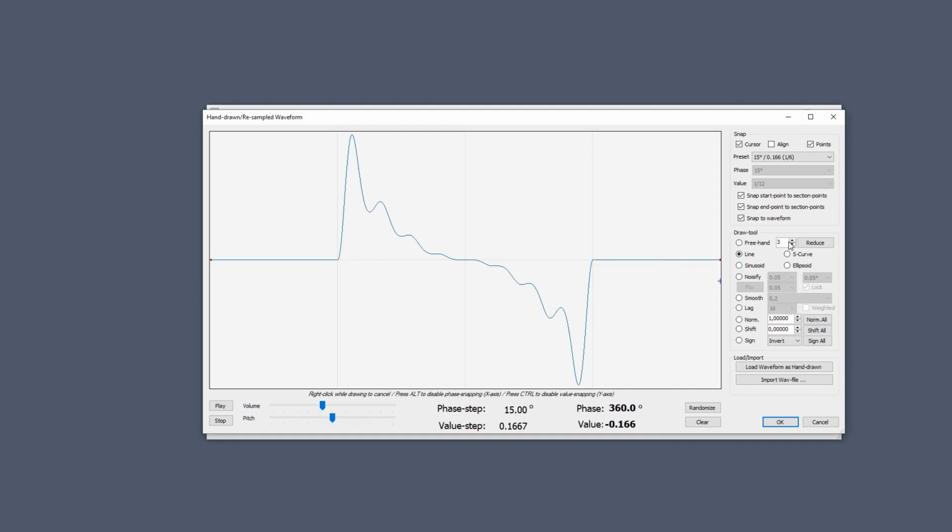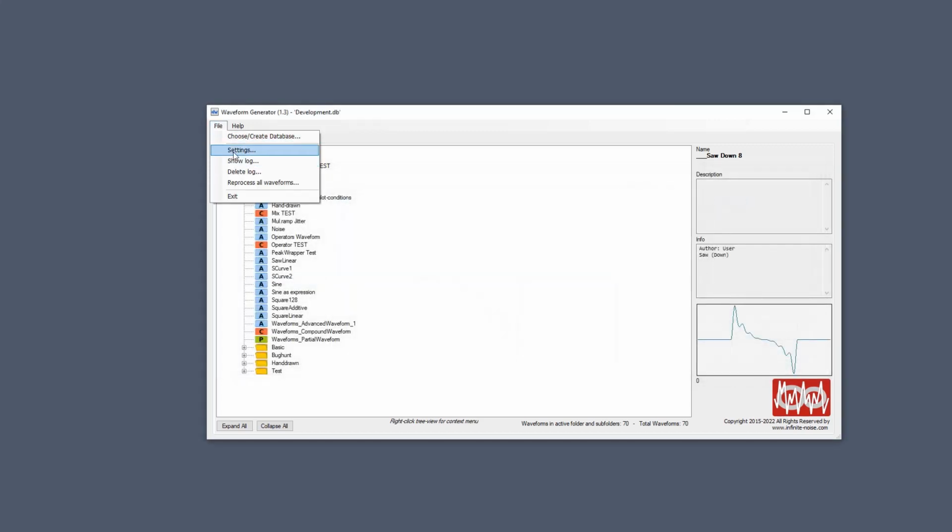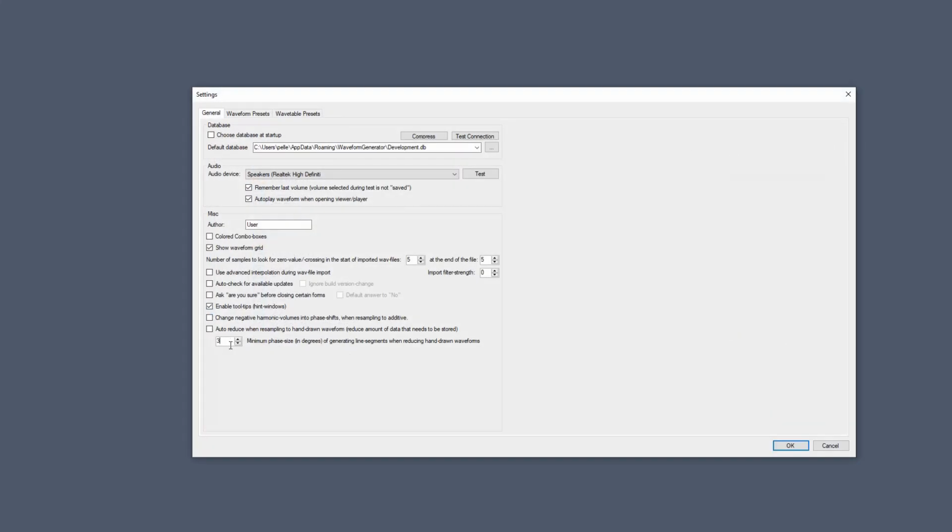So if I undo and I dial in a value larger than 90 degrees, when I perform it, it will still reduce to 50%, but it will not turn these into line segments, hence we'll not see these red dots. So if I dial back to 3 again and reduce again, it will turn these into line segments. This value is the one you saw in settings. So if you never want the reduction to turn parts of it into line segments, simply set it to 360 degrees. Personally, I like this value near 3 degrees because